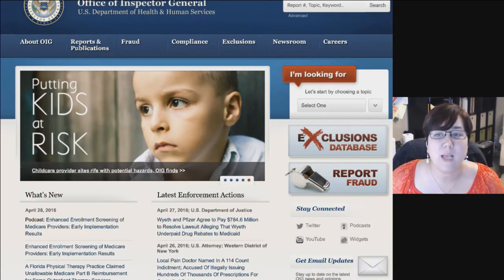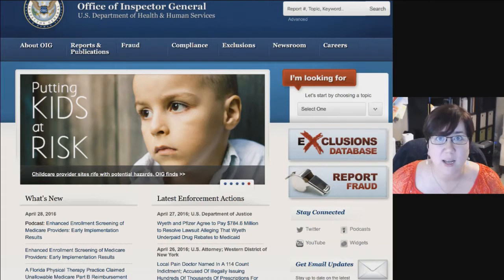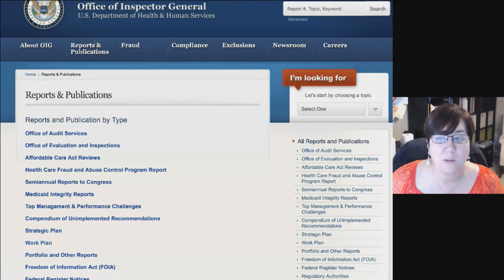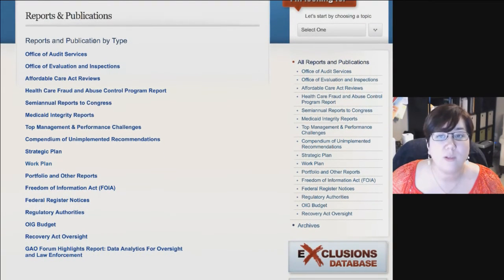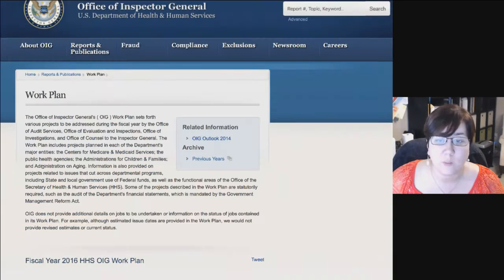On their website, this is the OIG's website. I've gone directly to oig.hhs.gov. Underneath Reports and Publications, if you just click on Reports and Publications, you'll scroll down, and about halfway down the list of publications that they offer is the work plan. So if you click on the work plan,